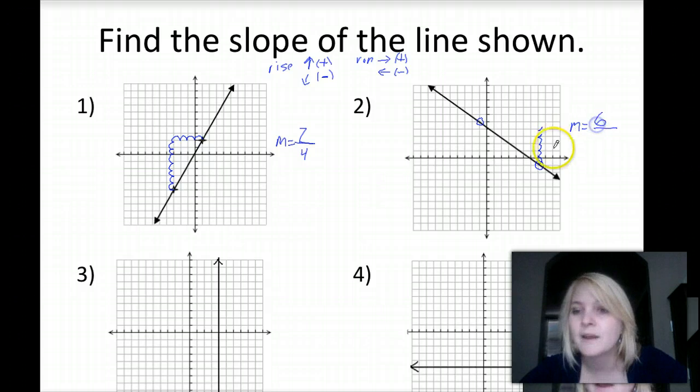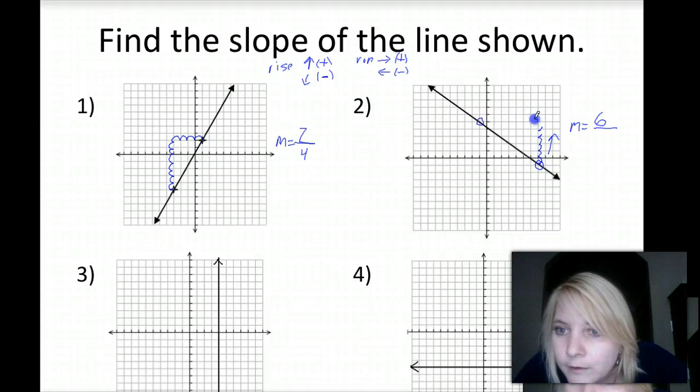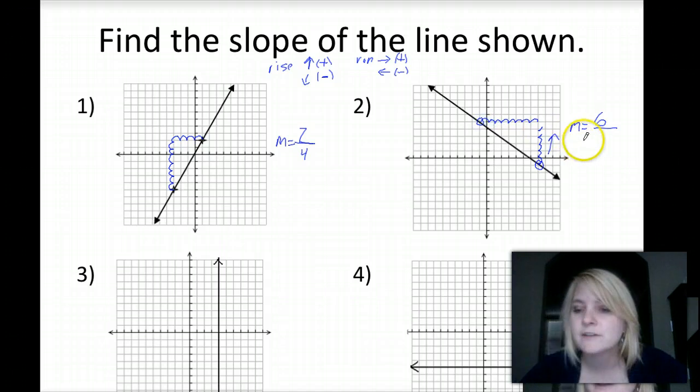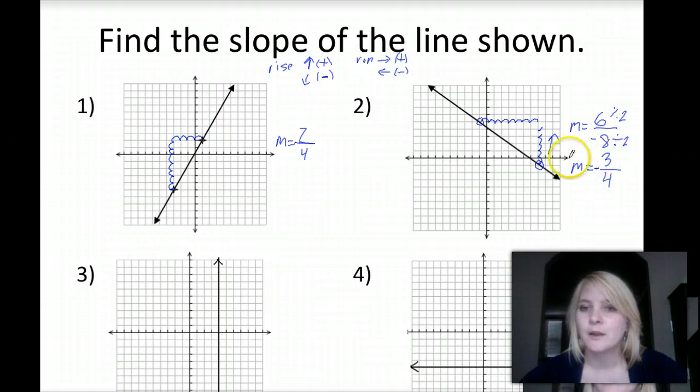Since we went up 6 units, it's a positive 6. And then we run 1, 2, 3, 4, 5, 6, 7, 8. We run to the left, so we run left, negative 8. Now one thing with slope, we always want to simplify it if we can. 6 and 8 share a common factor of 2. 6 divided by 2 is 3, and 8 divided by 2 is 4. And once again, that negative sign will go in front of that fraction. So our slope is